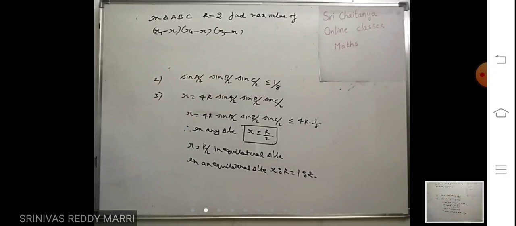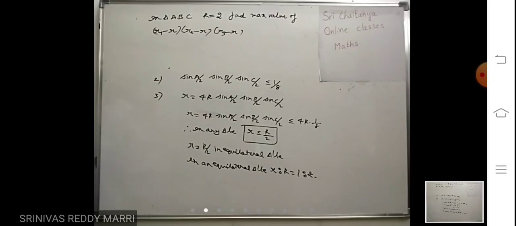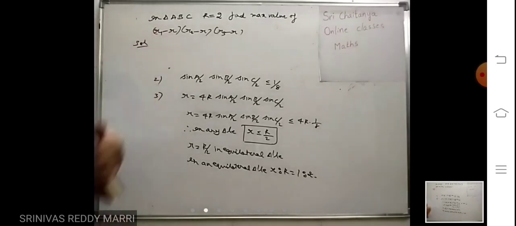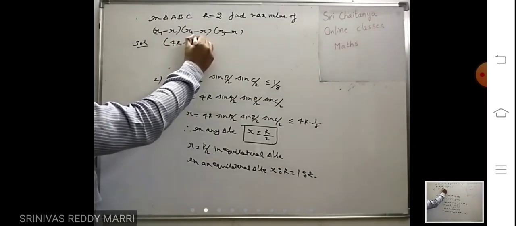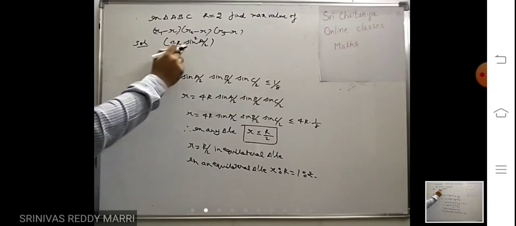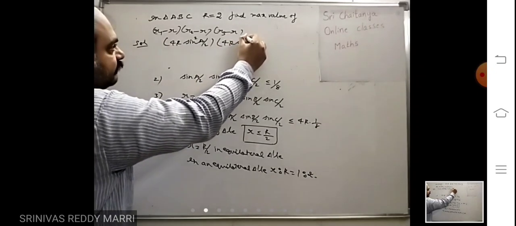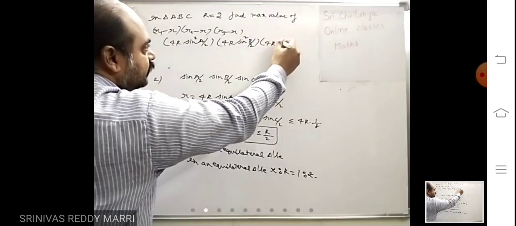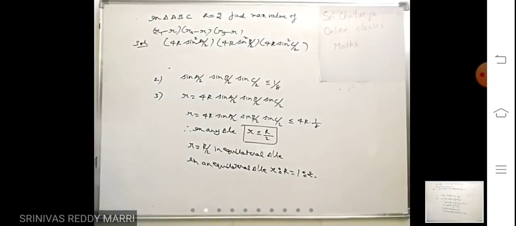Now you know these two inequalities: cos A plus cos B plus cos C, and sin A by 2, sin B by 2, sin C by 2. For r1 minus r, I have told one formula, and we have deduced it also. The r1 minus r formula is 4R sine square A by 2. So this is 4R sine square B by 2, and this is 4R sine square C by 2. This is the formula.